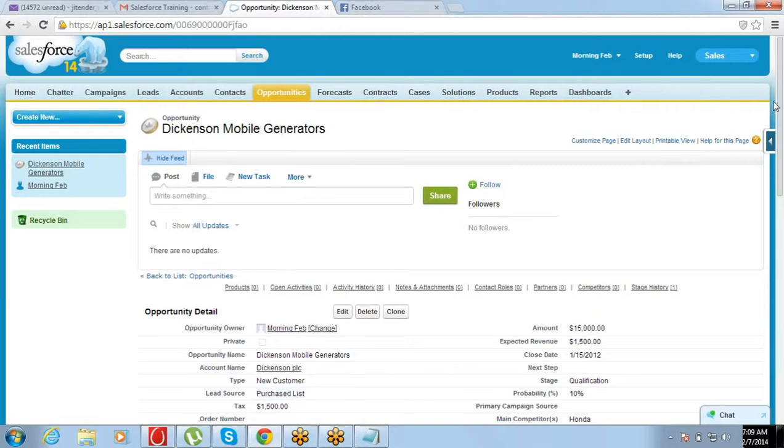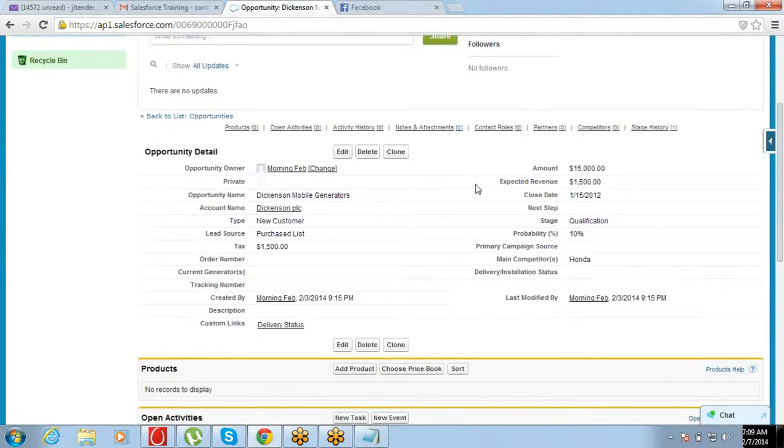See, now if you go to any of the opportunity, you will see tax is equal to 10% of the amount. Automatically calculated, right? So this is a kind of automation that we are trying to do. We are not calculating the value of tax manually every time.